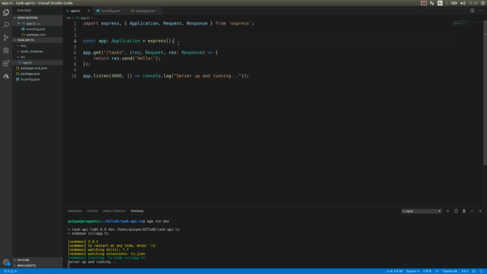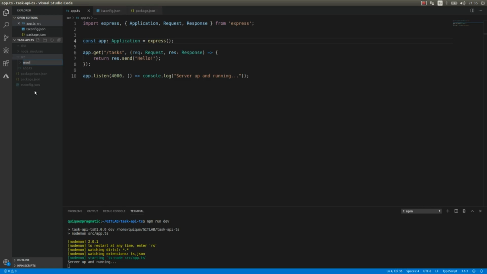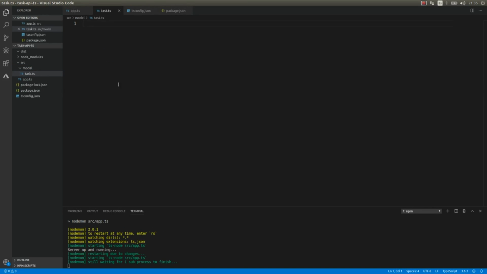I'm going to create a controller, so this controller is going to allow us to get a list of tasks, and also is going to allow us to create new tasks. So I'm going to create a couple of folders here. One of them is going to be the model, where I'm going to create a task class, task.ts, and here I'm going to create my class, export class task,